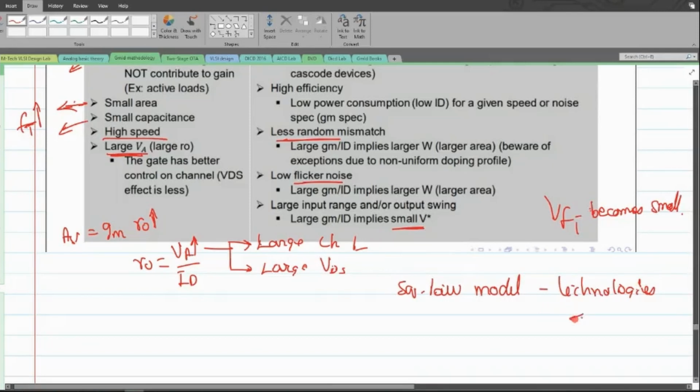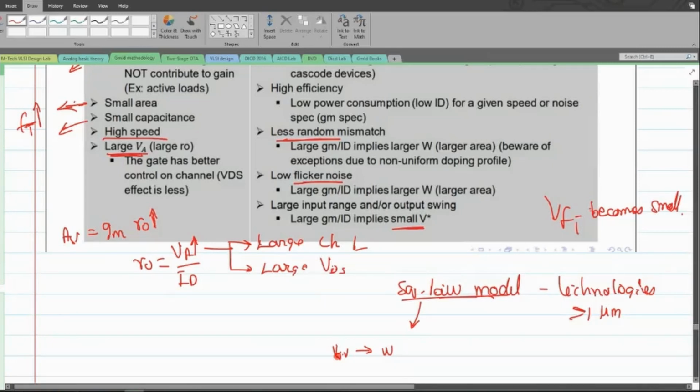that are greater than 1 micrometer. Okay, so we were using this square law model. As I said before, whenever the square law model was used, we were using VOV as a fix to our width. Generally people have a tradition of thinking of VOV as a kind of variable.